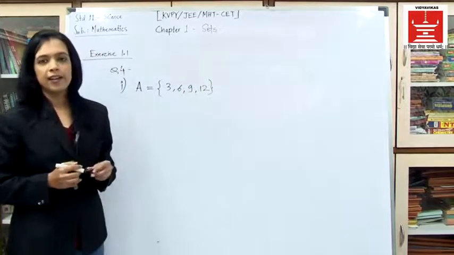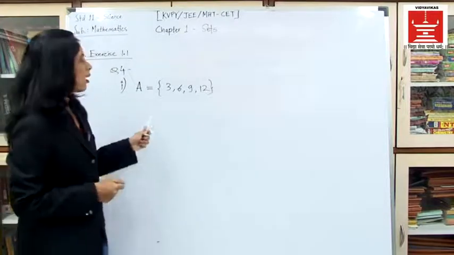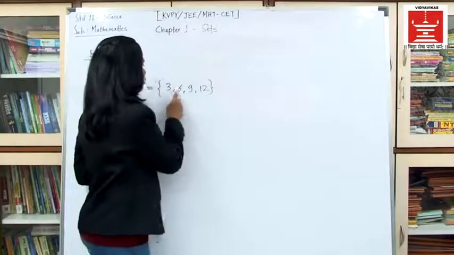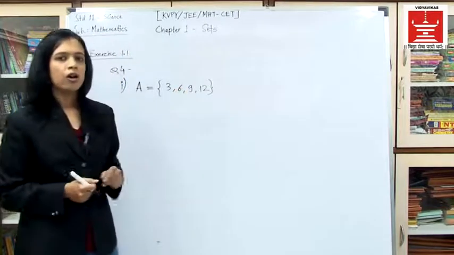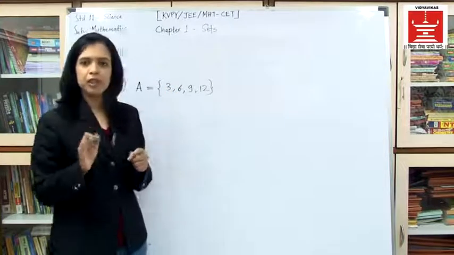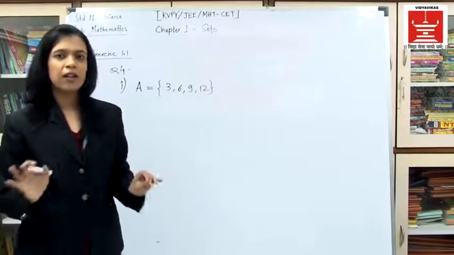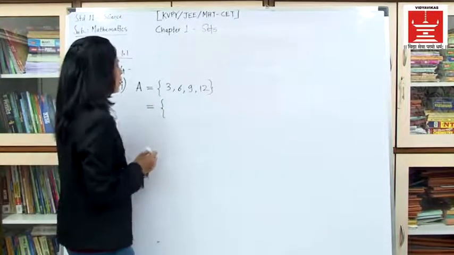Three, 6, 9 and 12. 4 members of this set A. These are nothing but the first 4 multiples of 3, or integers starting with 3 with a gap of 3 apart. Anything can be there as a description. So simply we say